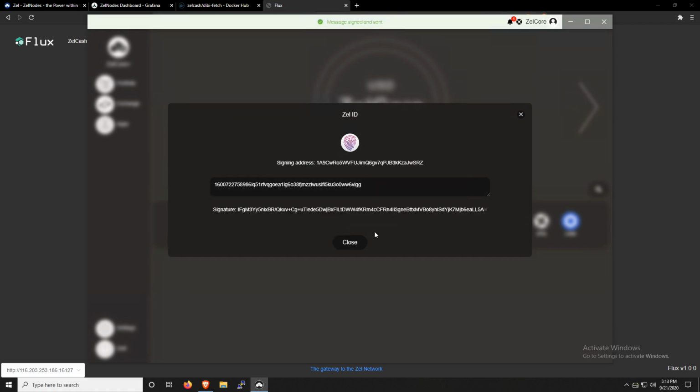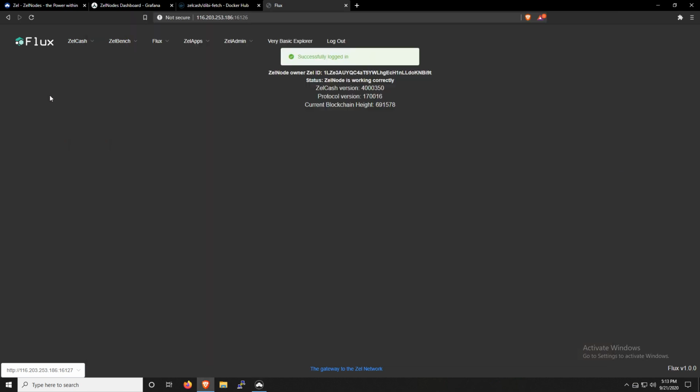So I'll click on sign and send. Go back over here, and look at that. We're successfully logged in to Flux on this particular node. Now all that we have to do is figure out which app we're going to install, and I've already got one,